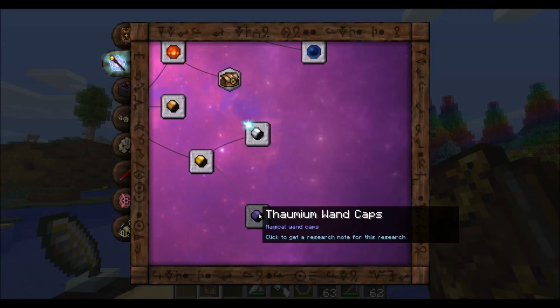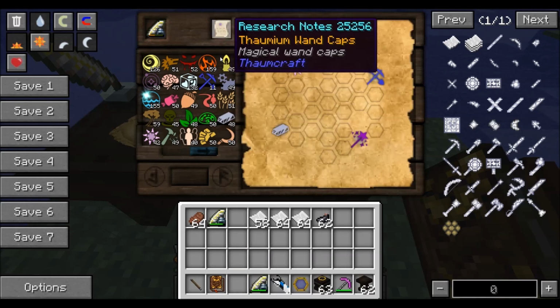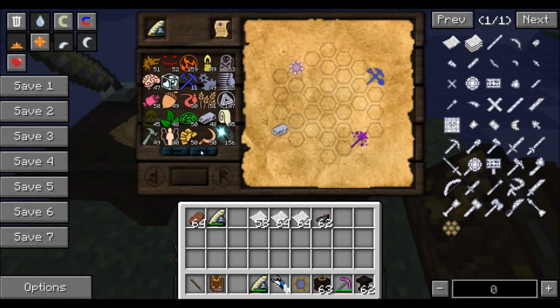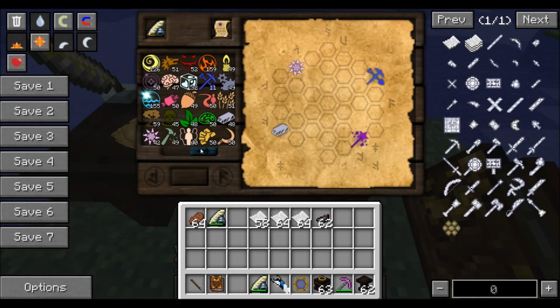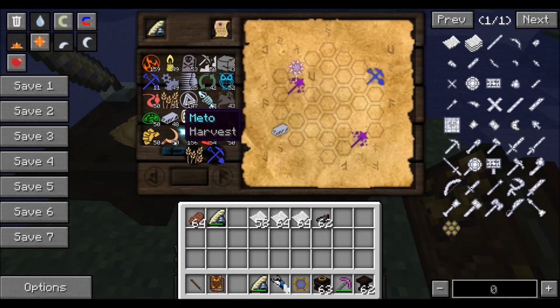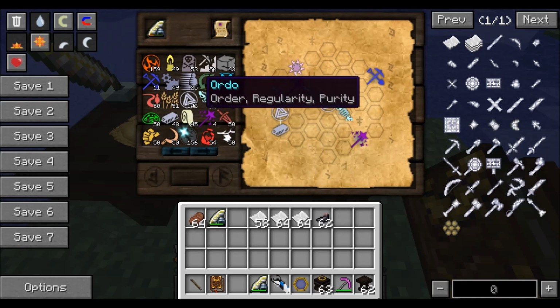Let's see. Thumium time. This will be fun. So let's get stuck in. And like we're just taking it down to order. So, Cantio, Potentia, both sides, order, both sides, Potentia,